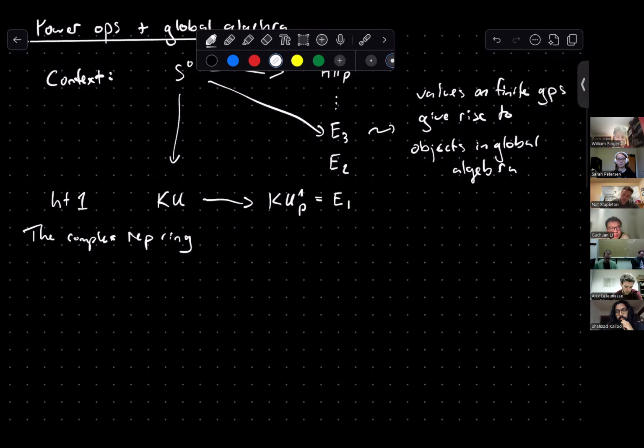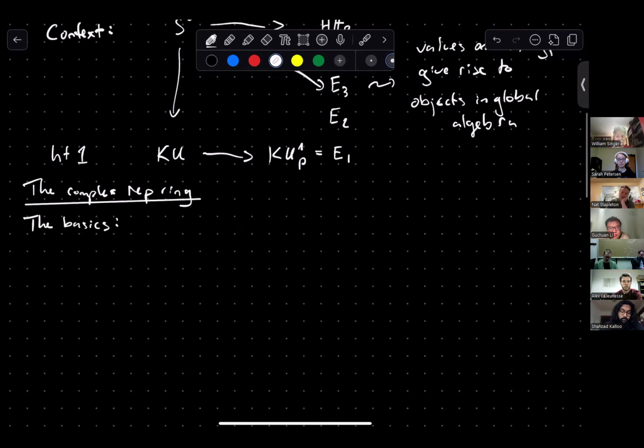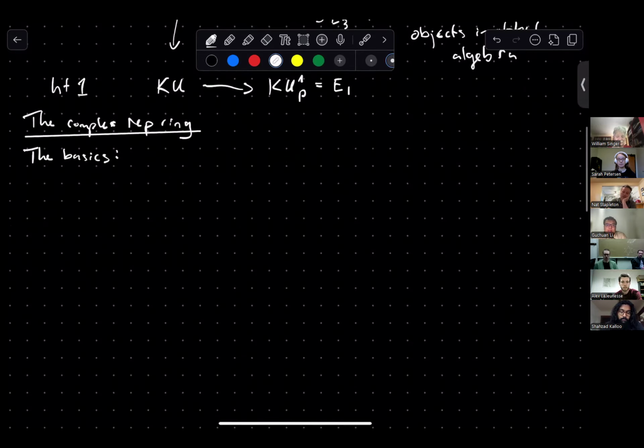And we're going to begin with the basics. So let's recall how this goes. So first of all, a G representation, which I'll just call G rep. G is a finite group, a finite dimensional complex vector space V with an action of G